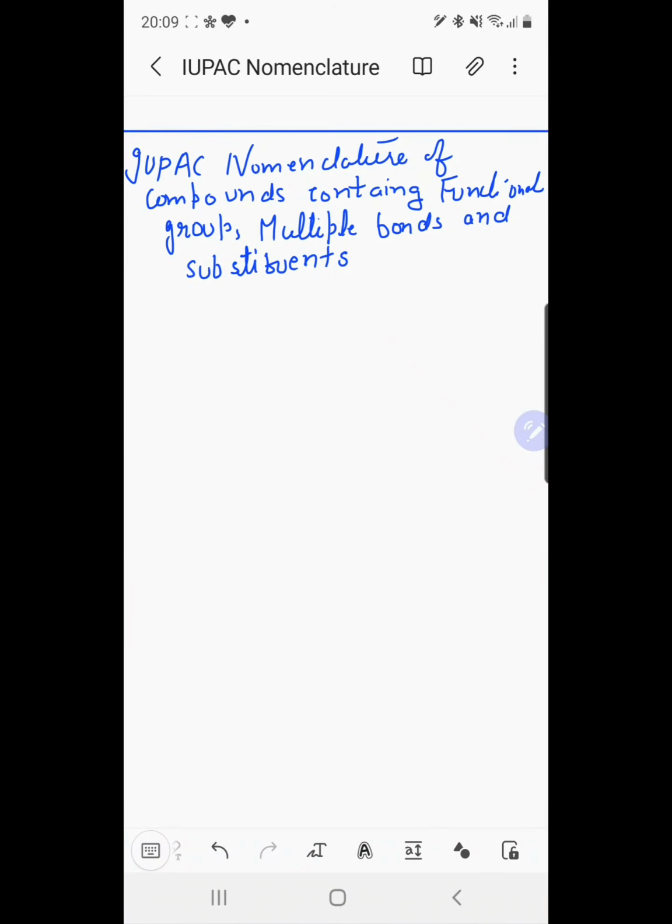Hello friends, in today's lecture we will discuss the IUPAC nomenclature of compounds containing functional groups, multiple bonds and substituents. We will discuss the rules of IUPAC nomenclature of compounds which contain functional groups, multiple bonds and substituents. So the first rule is